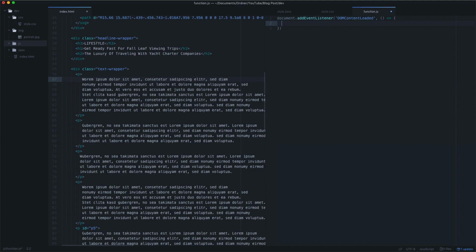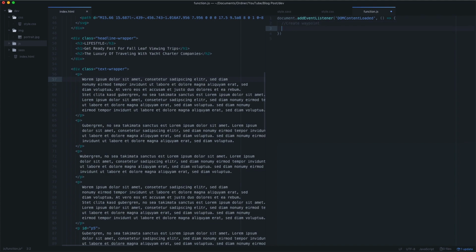What this function needs to do is basically create a waypoint,